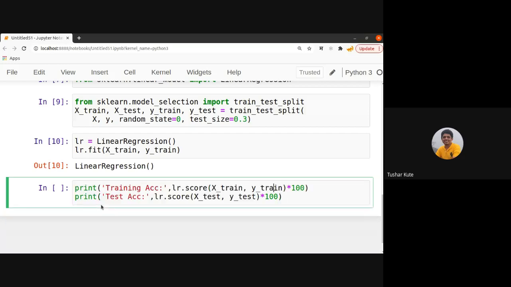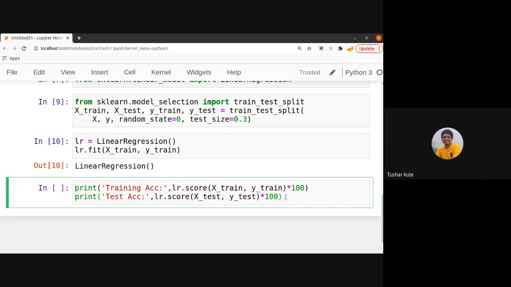So here, training accuracy is LR dot score. Score is a function by which the R2 score is calculated. I'm using the object and passing the training data as input, since we built the algorithm on the same training data, and then we find the score on testing data also.